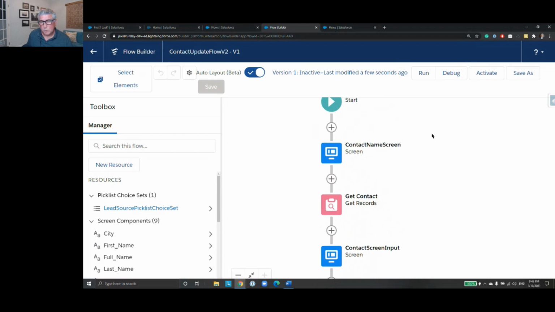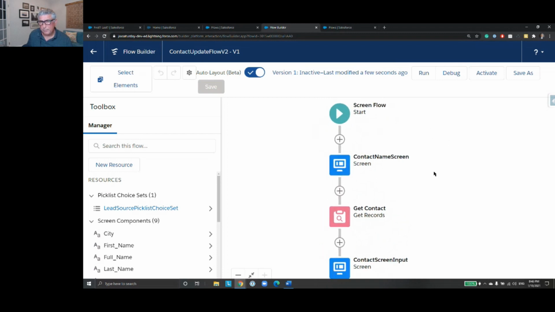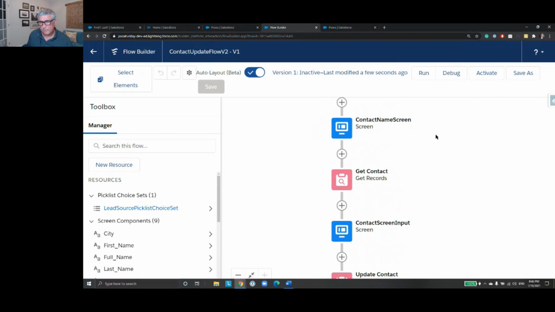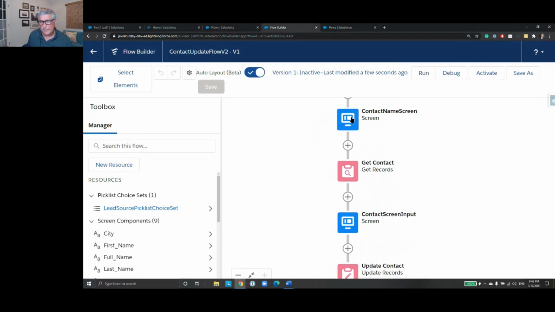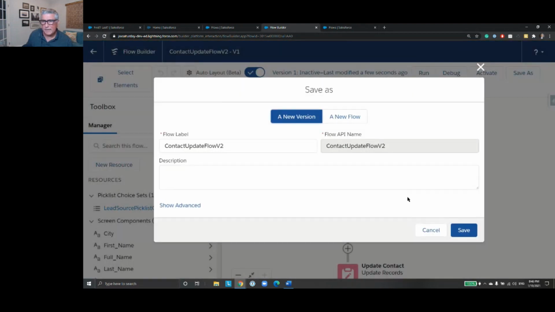Now, there are multiple ways of doing that, but first, let's go ahead and add the step where we are checking whether we found the record or not. That's another problem that you can experience in the screen flow, where if you do not provide the exact first and last name that's available on the system, this is going to again throw an error. So you don't want that. So let's save this one as a new version